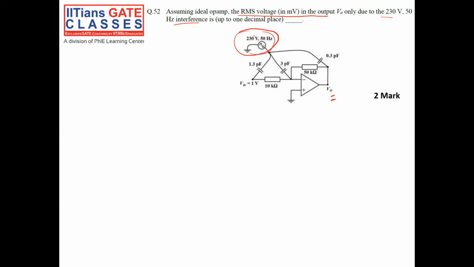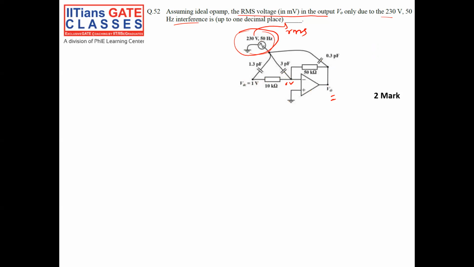So here the 230 volt is nothing but my RMS. Whenever a sinusoidal is expressed in voltage and frequency, it should be RMS. Now you see, first thing is due to virtual ground, right? Because there is a feedback from output to my inverting terminal, it's 0 volt due to virtual ground. Since it's 0 volt, and I want to calculate the output only due to the interference,